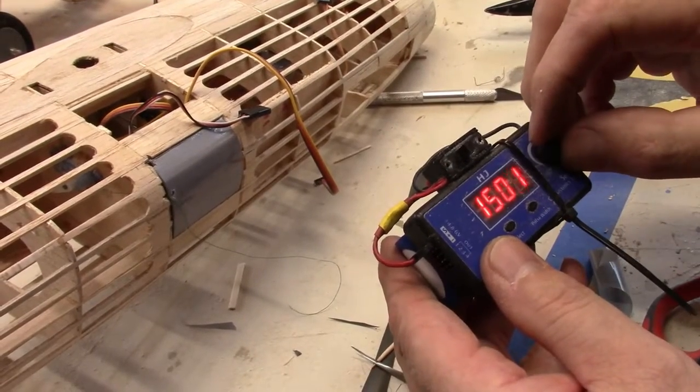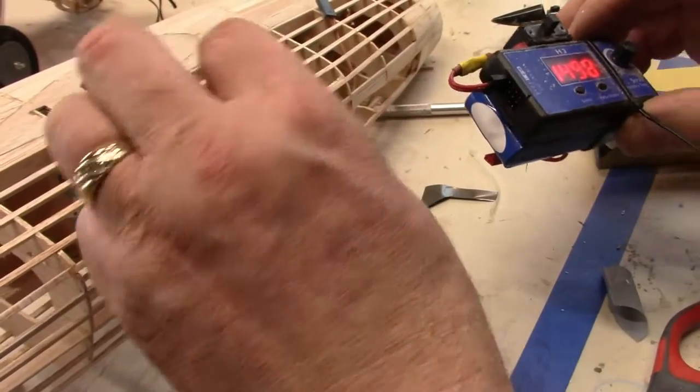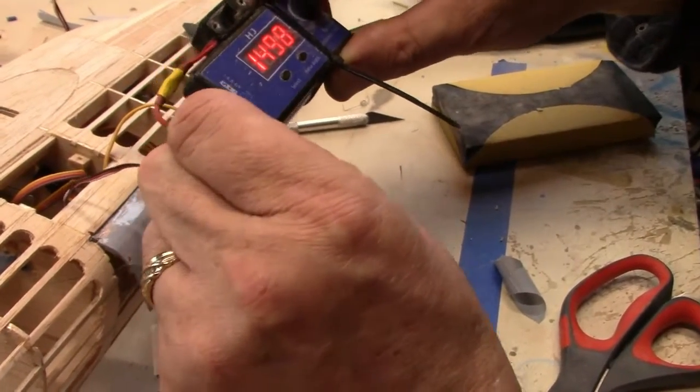And this one would actually work out better if I had it hooked onto the radio, but we could still get the same result here. When I plug it in, it should go to its middle position and open up. Okay, so